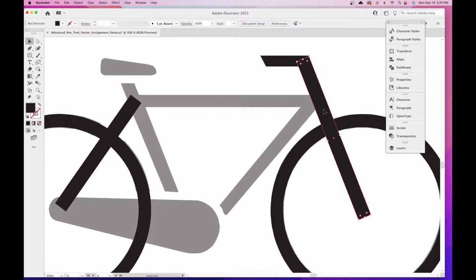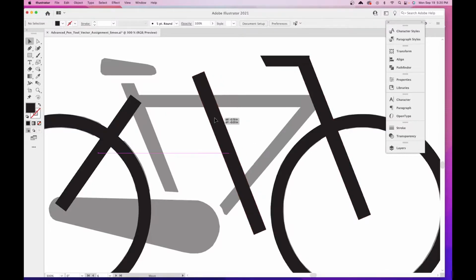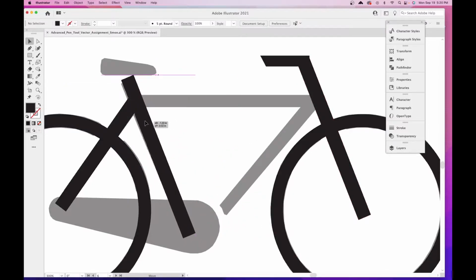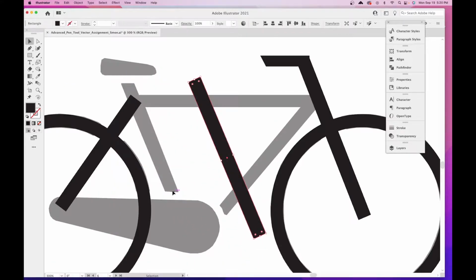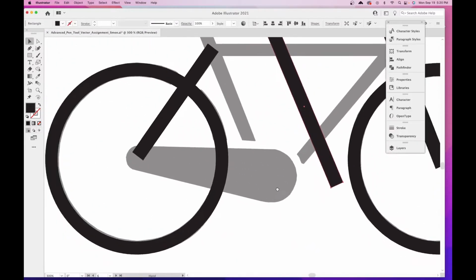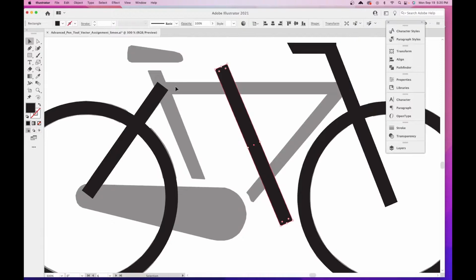So I'm going to copy this one since I already have a very similar angle. I'm going to do Command C or Control C and Command V or Control V and drag this one here. So the angle's pretty close. Take it right here. Now I notice this one has a straight edge there, actually don't worry about that. I'm just going to take it all the way across. I'm not going to worry about these spaces here because the stroke that the instructions mentioned is going to be on the seat post and on the